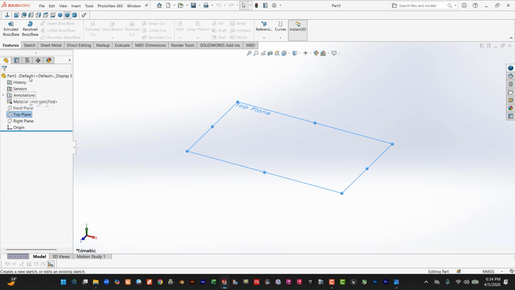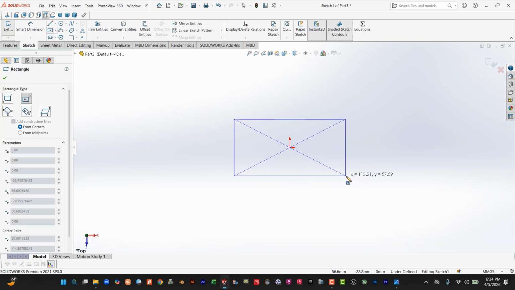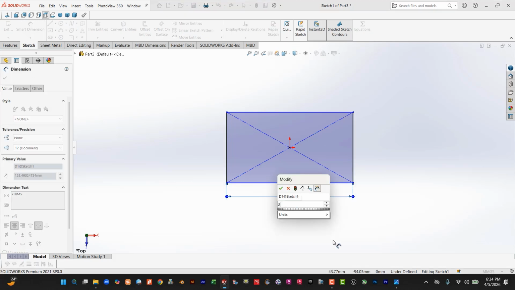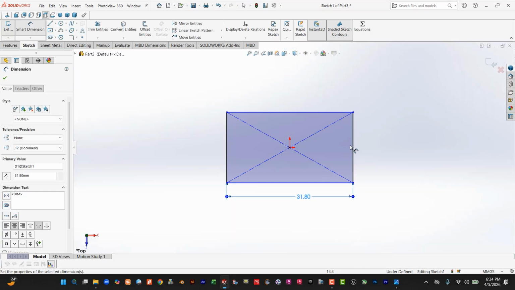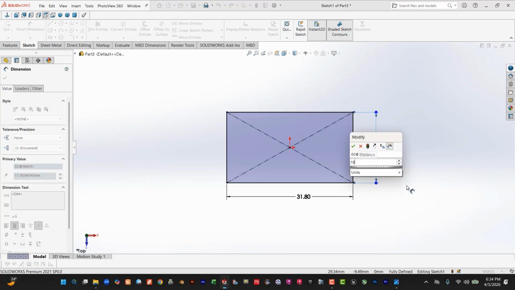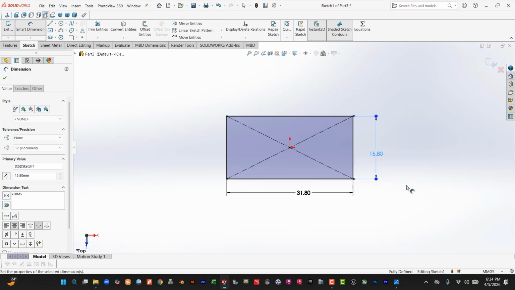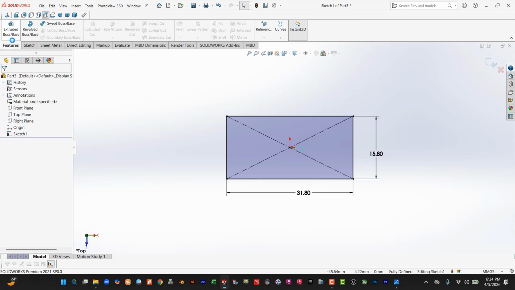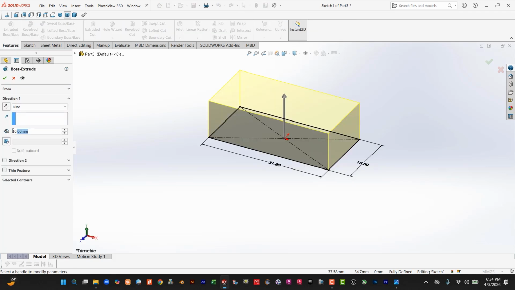Then select the top plane, sketch, select the center rectangle, smart dimension 31.8 and 15.8. Okay. Go to the feature, extrude base 9.6,